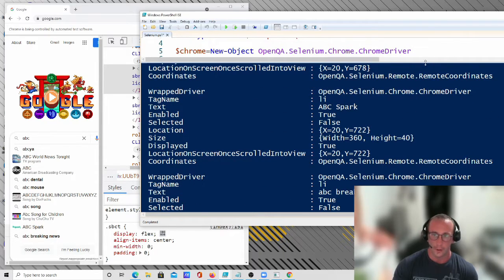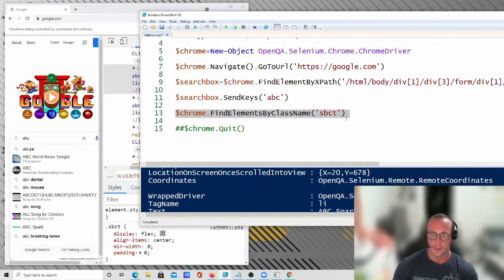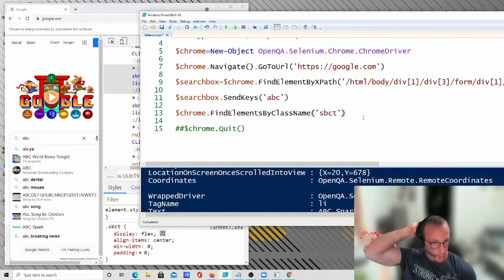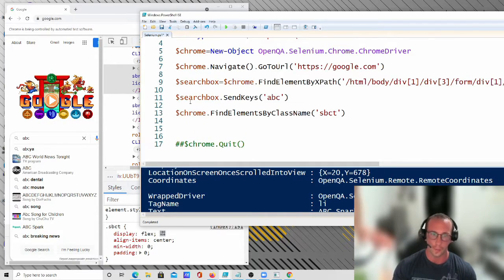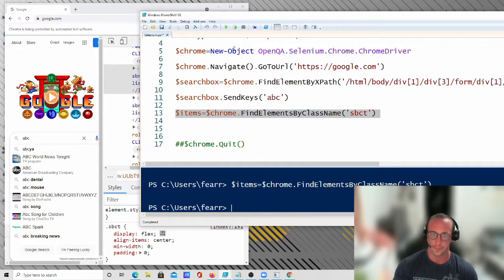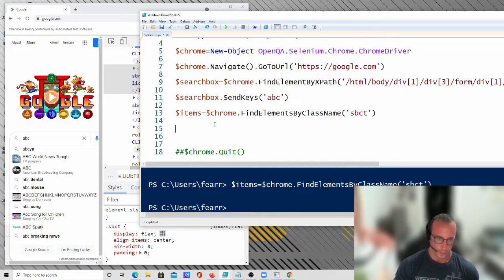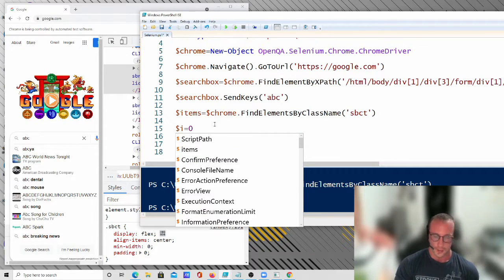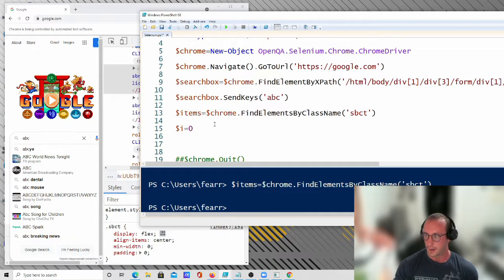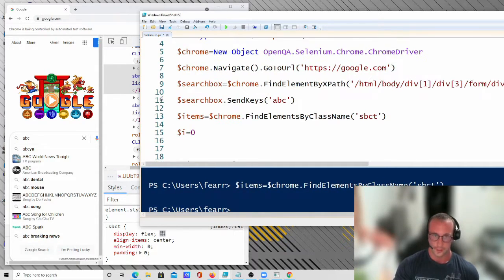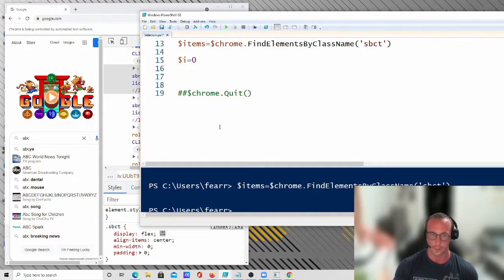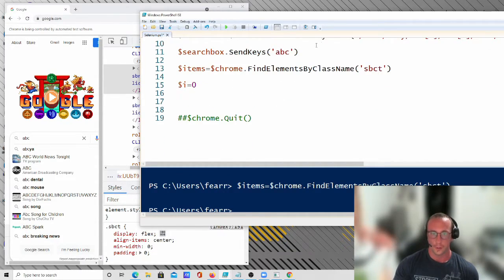So what you can do with this, now this takes away a little bit of automation because at this point we're giving the user the choice to pick what they want to do. So we're going to do items equals, and then the find elements SBCT. And then we are going to do I equals 0, because this is just going to be our index counter here. Let me zoom in a little bit more for you guys. Hopefully that'll be a little bit better. And then what we're going to want to do is